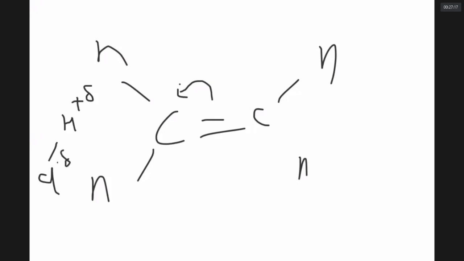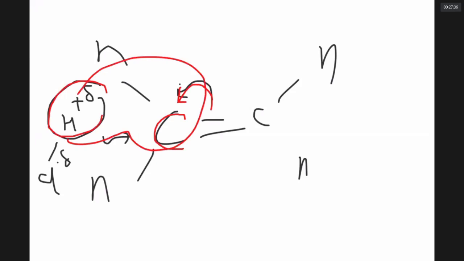The H plus delta and Cl minus delta is a dipole. This positive fellow is approaching. As this is approaching, this carbon gets a temptation: let me loot the carbon and take away the pi electrons so that this fellow falls in a deep love with me. Let it divorce the Cl minus. That's the idea. A dipole, induced dipole. Because of this, this gets minus delta, it gets plus delta. This moment appears as long as HCl is approaching. If you take away HCl, this temptation will also disappear.